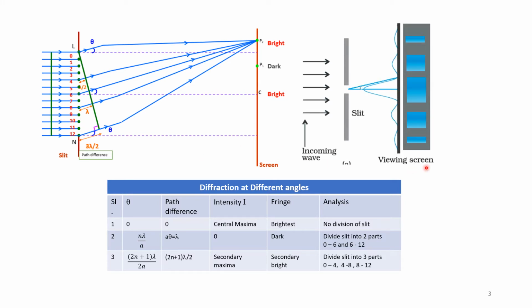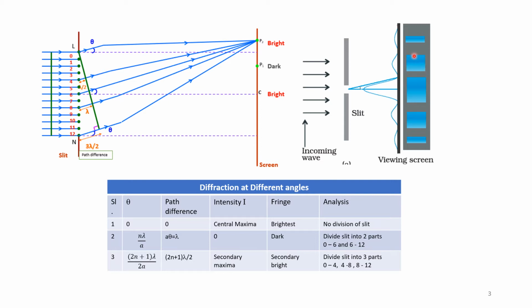We see the figure, the picture taken at the screen. Here light is falling parallel and this is the central maxima. See the intensity, this is the maximum brightness, and the width is also very wide. The central maxima is big in size with maximum amplitude and high intensity. Then immediately there is a dark spot. This dark spot is P1, the upper dark spot is here and the lower dark spot is here.